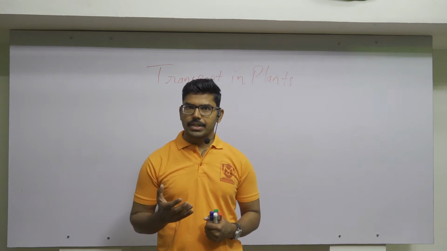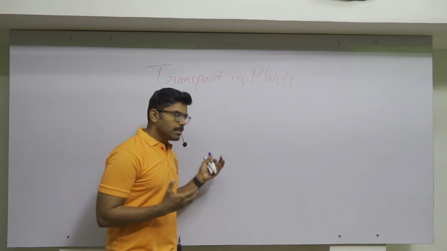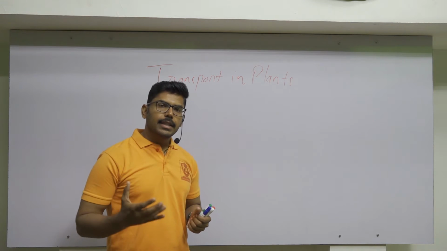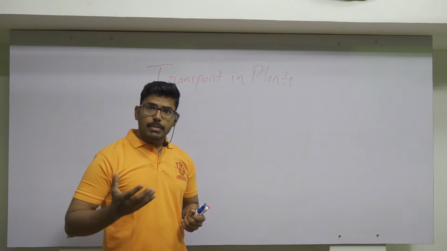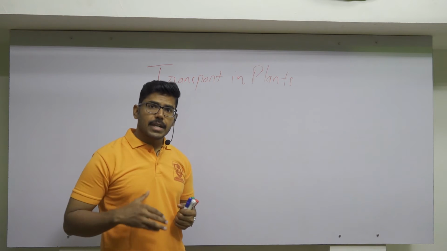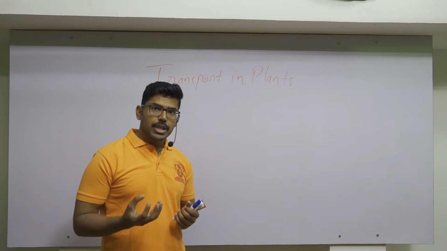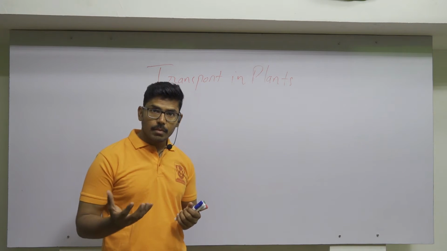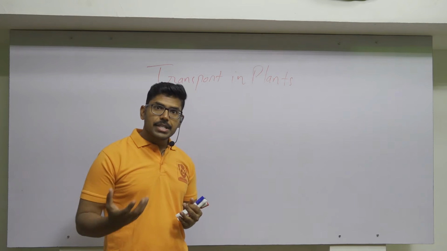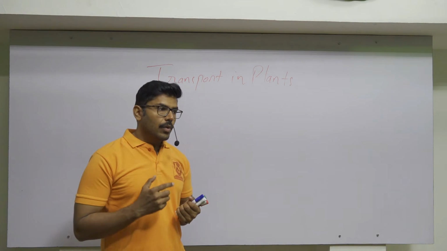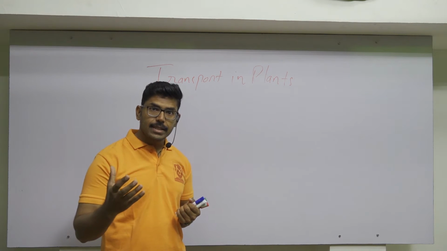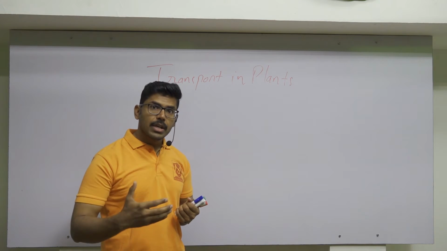So today we are going to discuss the 11th chapter of 11th NCERT Biology, that is transportation in plants. In this chapter we will discuss the methods by which plants transport their nutrients, their shape and water from each and every part. And we will discuss methods like osmosis, then imbibition.